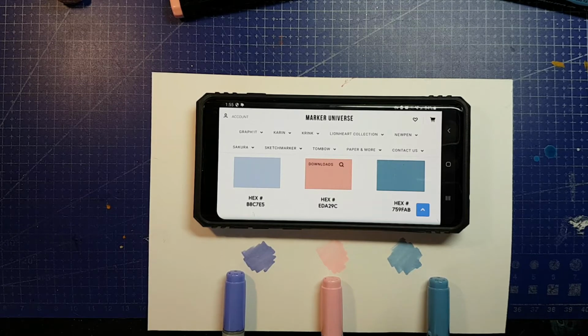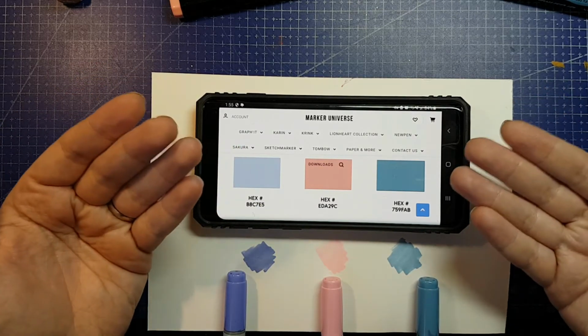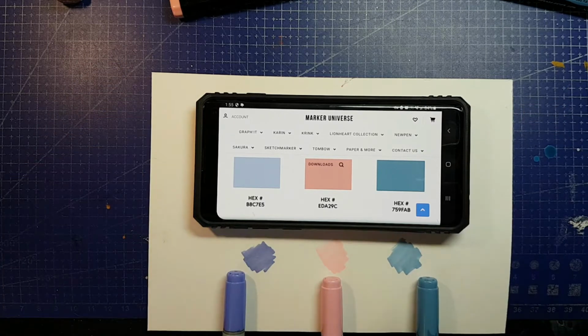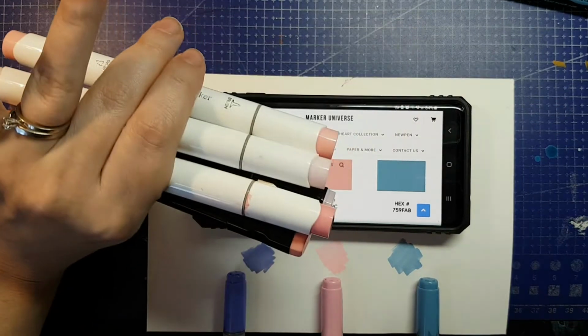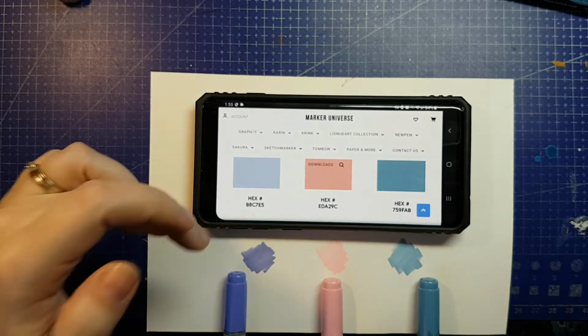You're going to see a bit of a split screen happening for most of this video, because while I am demonstrating the piece that I choose to do with these colors, I would like to talk about the challenges of color matching in alcohol ink, either to something like this where you've been given swatches, maybe with a hex code, and to other brands. What I did to come up with these matches was I looked at the hex codes